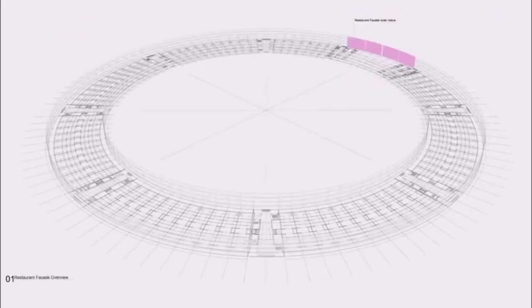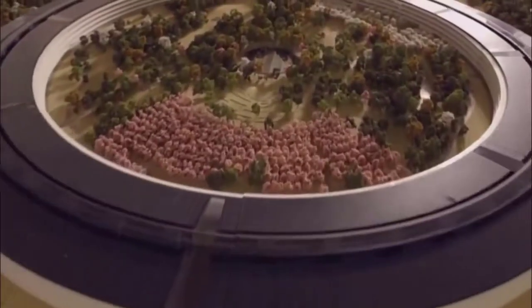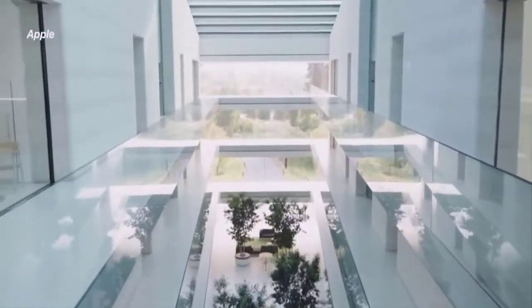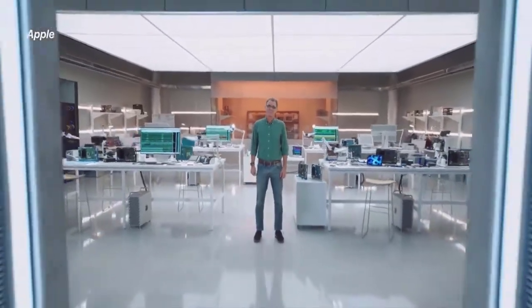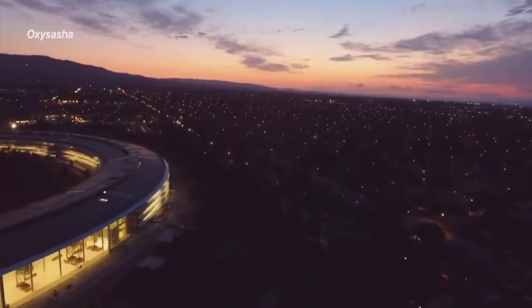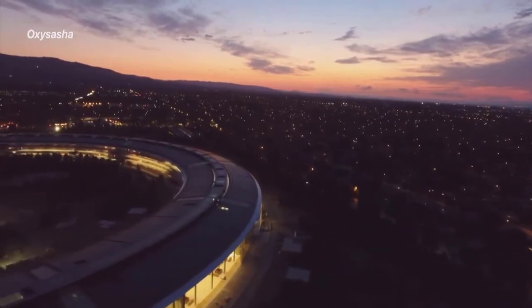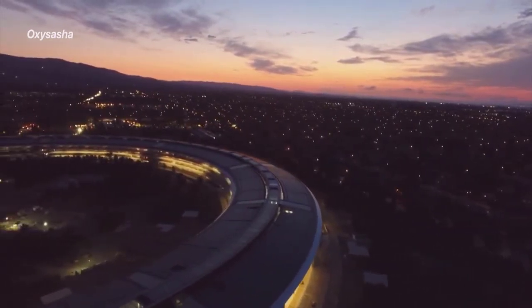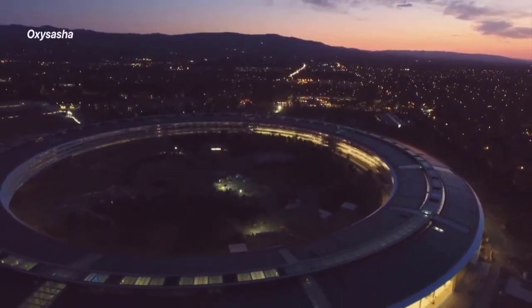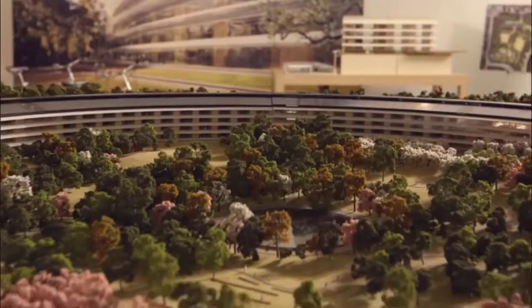One of the most amazing spaceship features happens to be found deep underground. The main ring is one of the few buildings in the US and the world to make use of base isolation, which protects the ring from even the worst of Californian earthquakes. The isolation system is made up of 692 huge stainless steel plates, similar to the tectonic plates that make up the Earth's surface, and the design is pretty fascinating. It has the ability to shift the building up to 4 inches in any direction, hence absorbing the shocks and preventing any structural damage. No matter how thick the glass is, it is prone to extreme jerks,